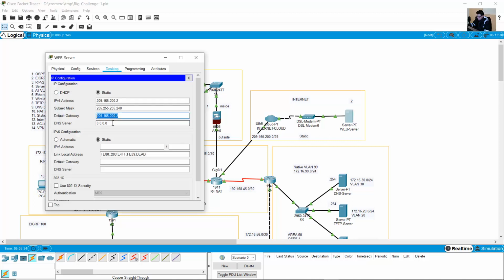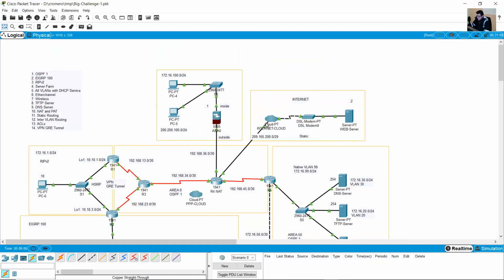Okay, DNS server, you can use 172.16.30.254 or another server because this is on the cloud. So maybe we will not use a server on a private IP address. This should use a server on the cloud on the internet. So I prefer to remove this. Okay, and